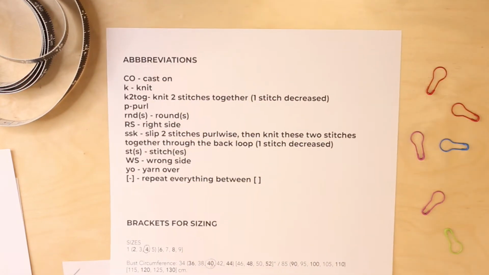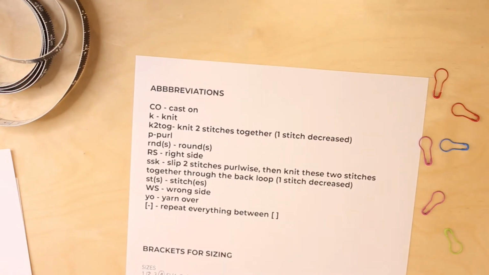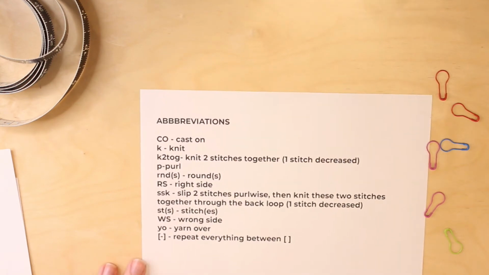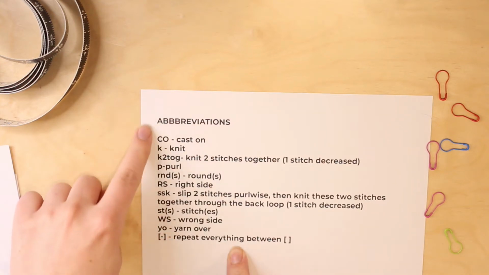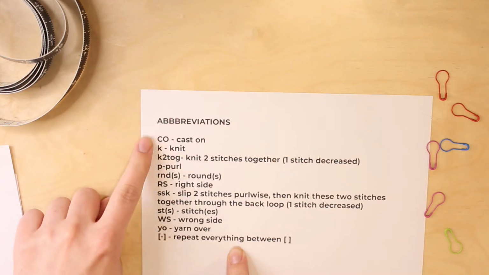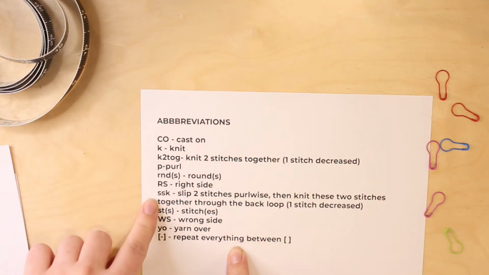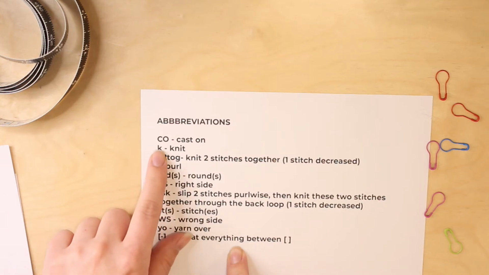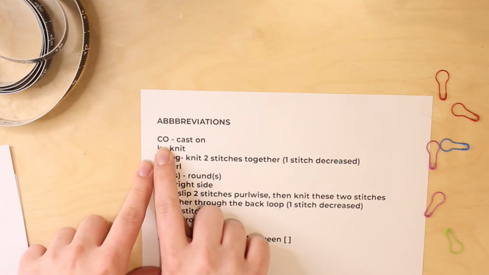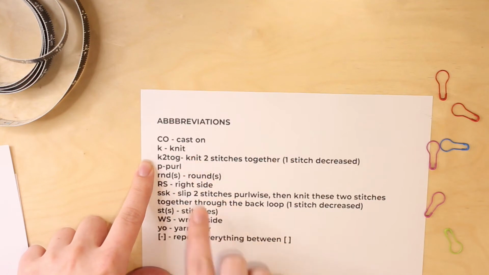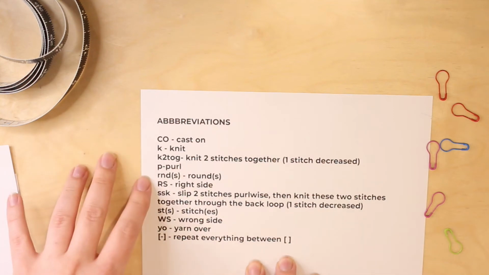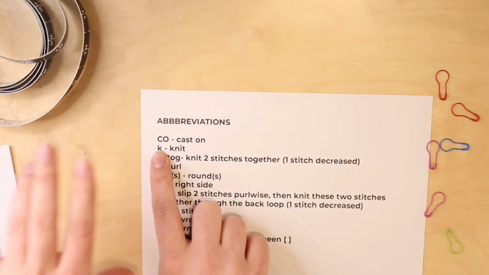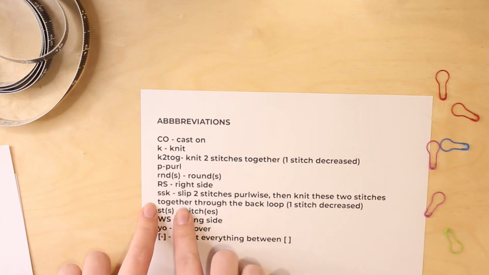Now, most patterns are written in abbreviations to make them fit easily on a printed page. Your patterns will have a list of the abbreviations used, usually at the beginning or end of the pattern. They'll be in either alphabetical order or the order they're used in. So these are some basic, simple abbreviations that you will come across. So cast on is often used as CO capitalized, knit with a K, knit 2 together, purl. If you see something like knit, they'll usually put a number next to it, which means the number of stitches